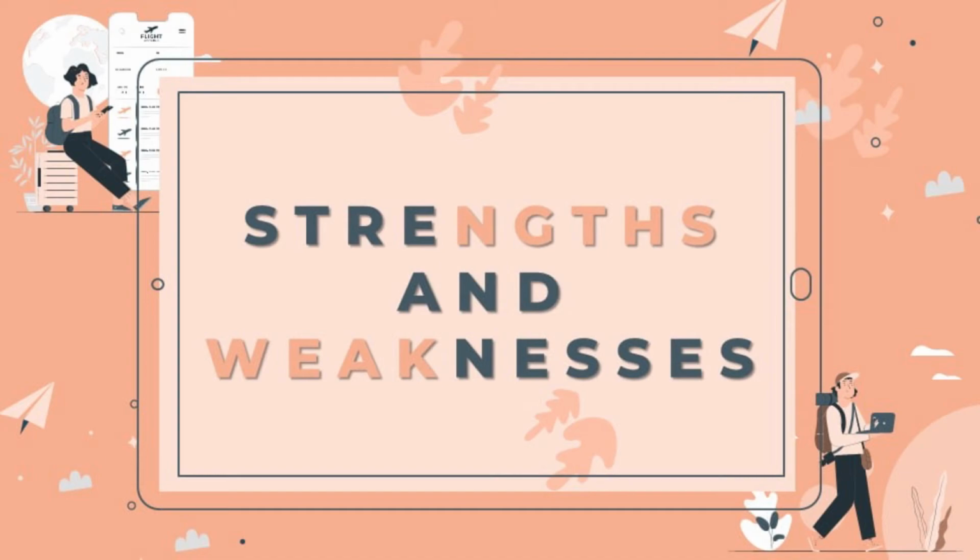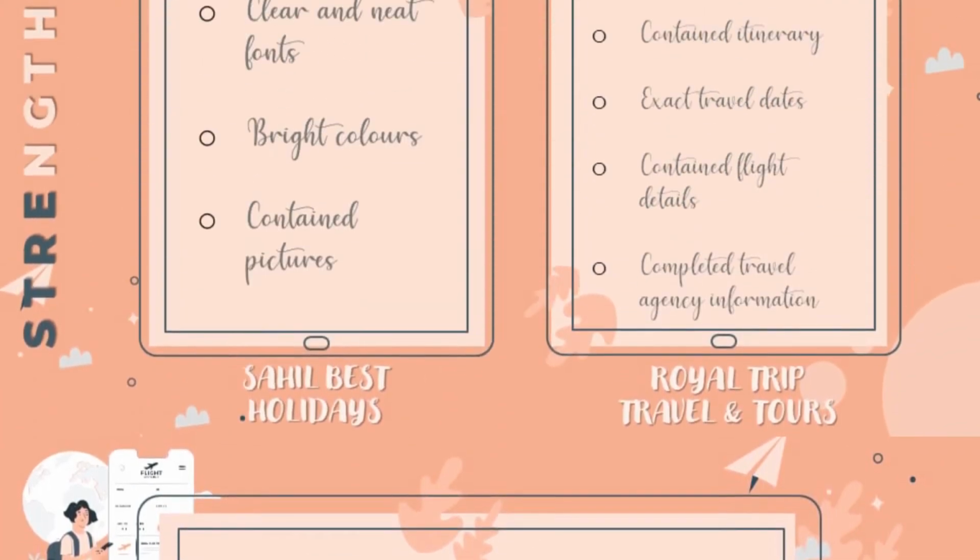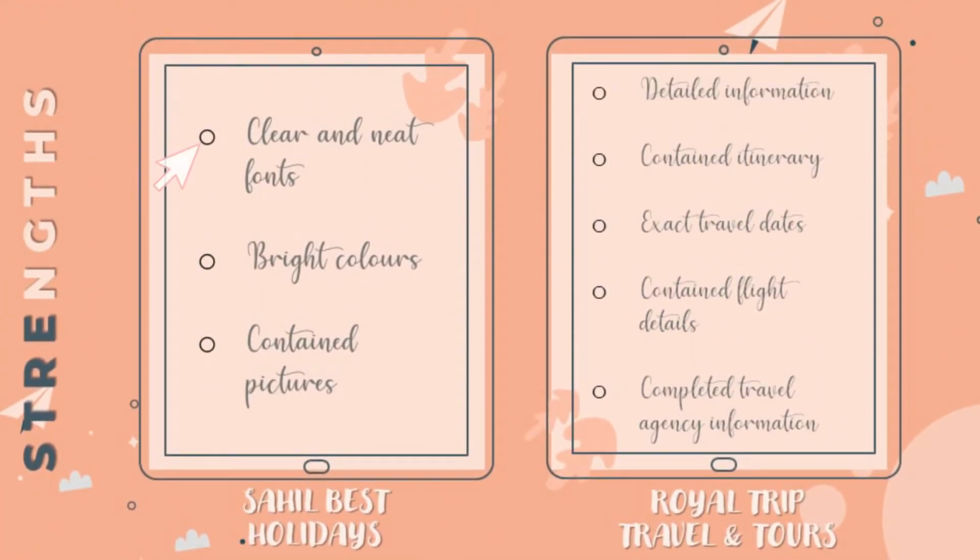Now that we have seen the similarities and differences of both tour brochures, let's take a look at the strengths and weaknesses. As for the local tour brochure, Sahil Best Holidays did a very good job with the fonts. The fonts that they are using are so clear and neat. They also use bright colors for the font and make it easier for the travelers to see. Not only that, but they also provided a few pictures. The pictures provided can be considered a strength because they will attract the travelers to experience the same